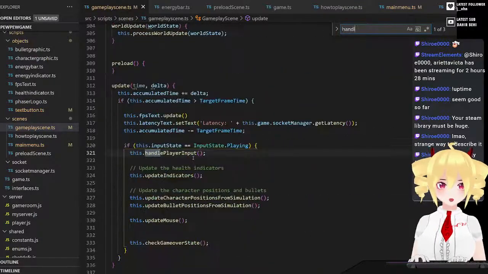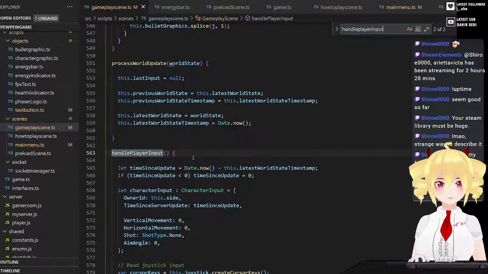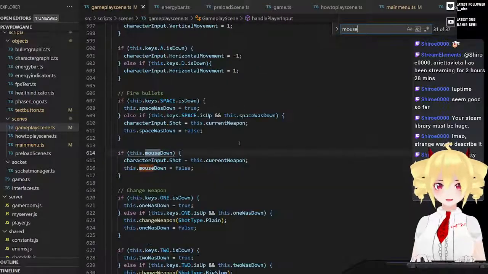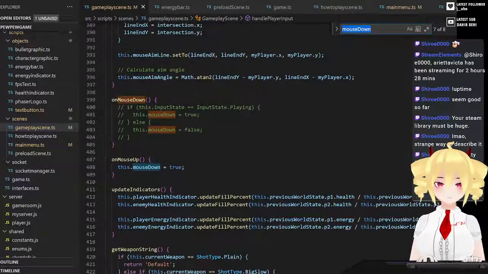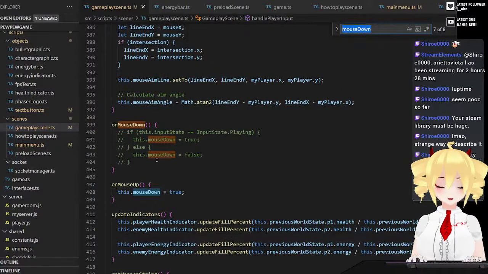So, how am I doing it right now? Right now I'm doing it through this mouse down thing, which I'm setting in mouse up. But instead what we should do